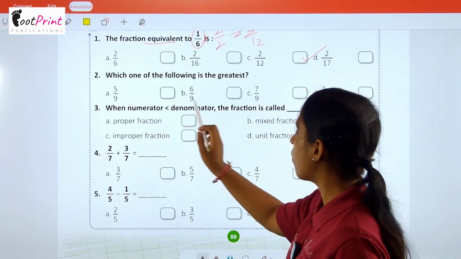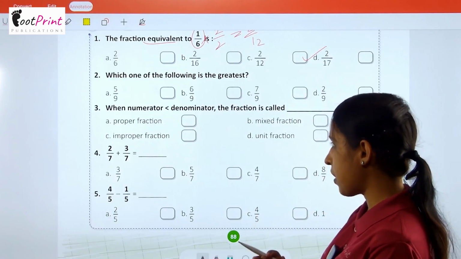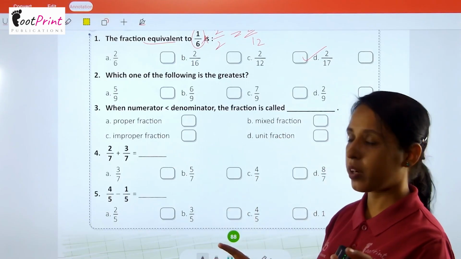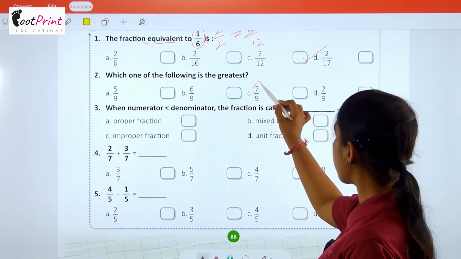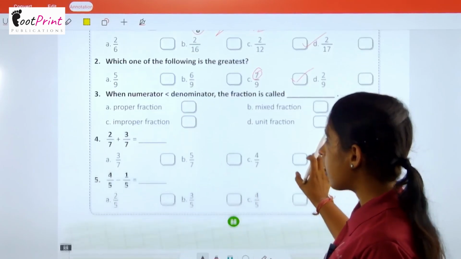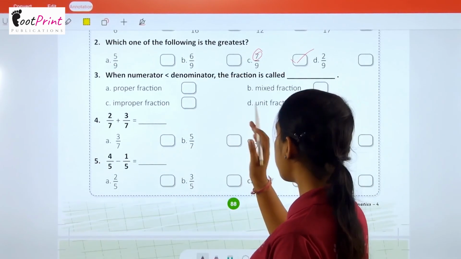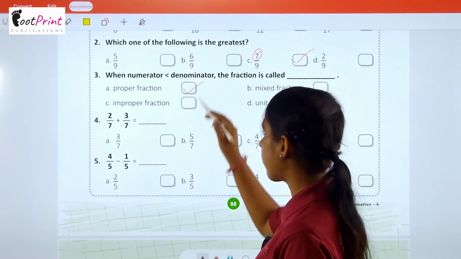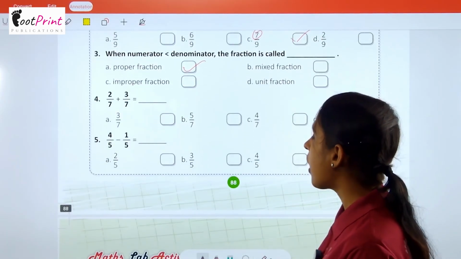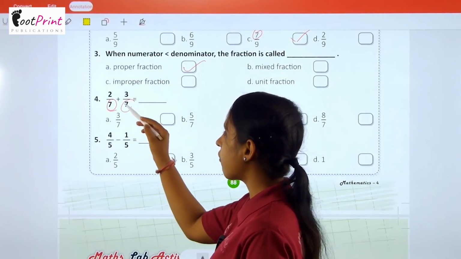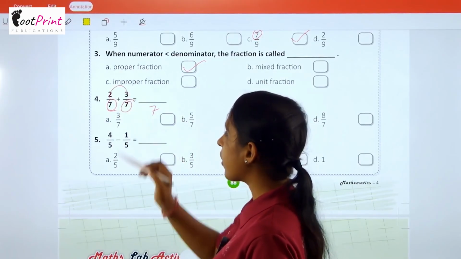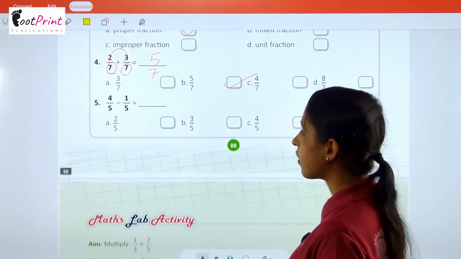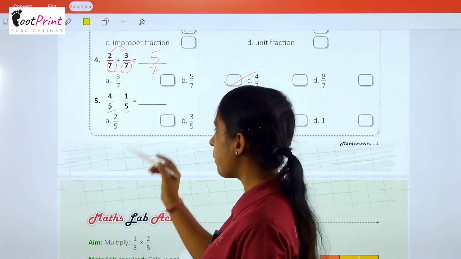Which one of the following is greatest, कौन सा बड़ा है? So here all the denominators are 9, it means these all are like fractions. अब हमें बताना है greatest कौन सा है, तो हम numerator को compare करेंगे और numerator में सबसे बड़ा है 7, it means C option is correct. Next, when numerator is less than denominator the fraction is called? अगर numerator क्या होगा, denominator से छोटा, तो वो कैसा होता है, proper fraction होता है, हमने पढ़ा था।